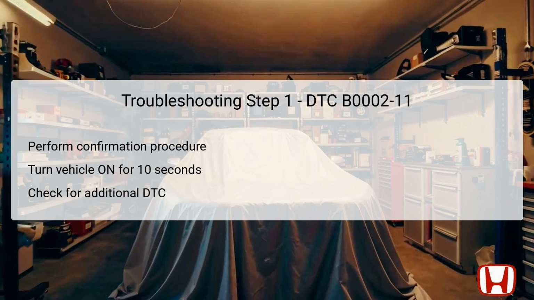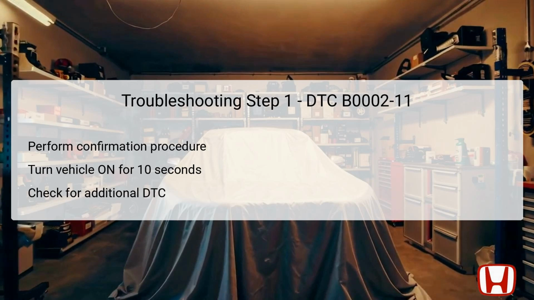If the DTC B0002-11 is displayed again, the troubleshooting will need to proceed to further inspection of the related components. Conversely, if no additional DTCs are present, it may suggest that the problem lies predominantly with the driver's airbag itself. Therefore, this step is crucial